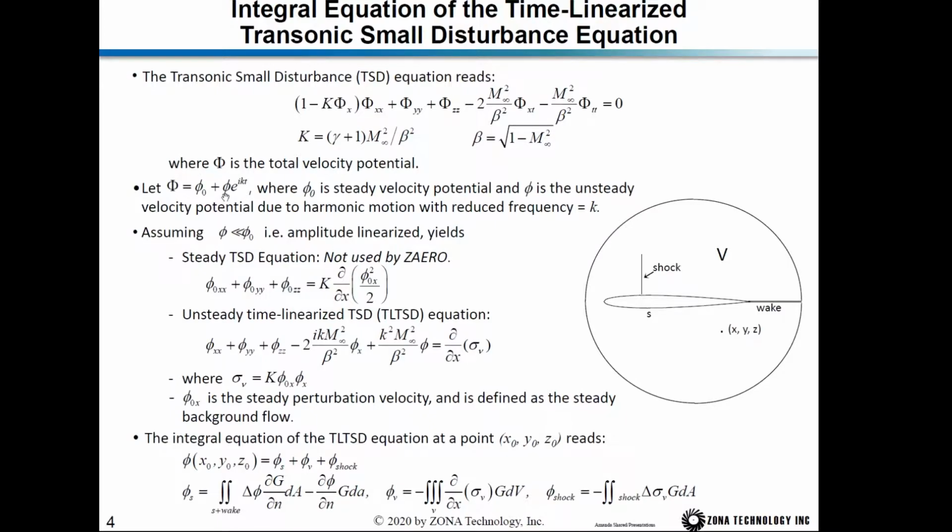So if we plug this into the TSD equation, we can split the TSD equation into 2 equations. The first one is the steady TSD equation. The second one is the unsteady time linearized TSD equation. Because this is a linearized equation with respect to time, we can apply a Fourier transform to transform the time-dependent term to the frequency domain. And on the right-hand side of this equation,